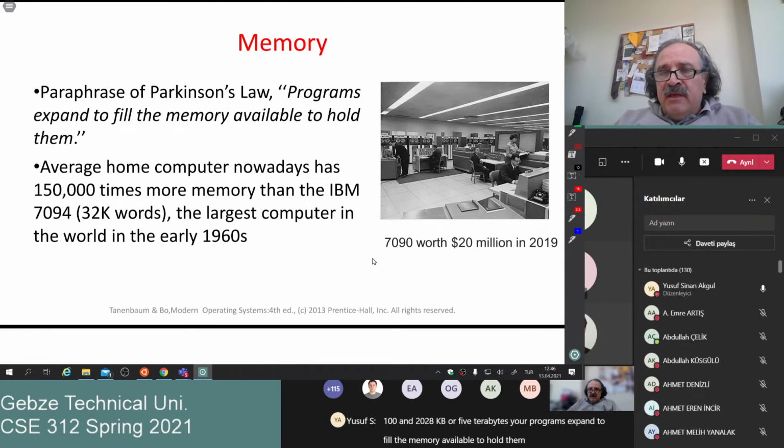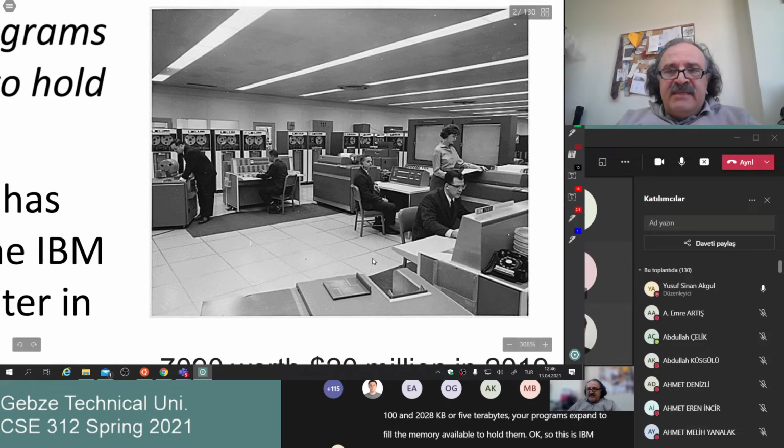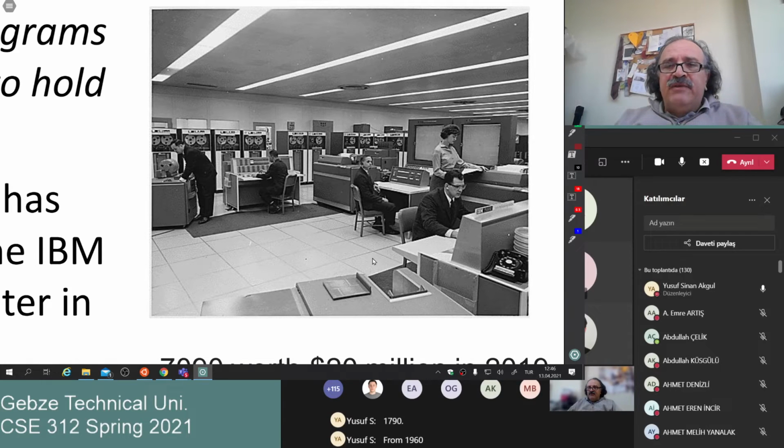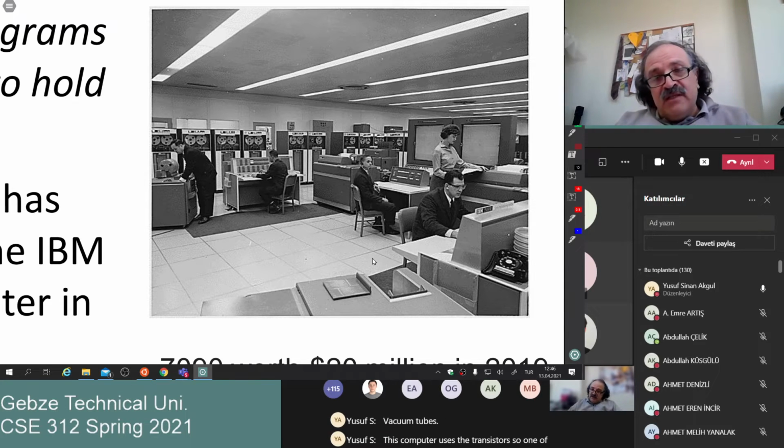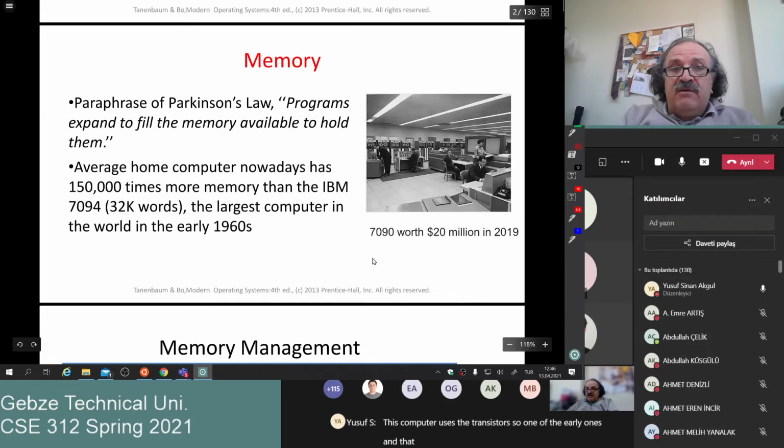Okay, so this is the IBM 7090 from 1960. I think this is one of the IBM mainframe computers that don't use vacuum tubes. This computer uses transistors, so it's one of the early ones, and the total memory of this computer was, okay,